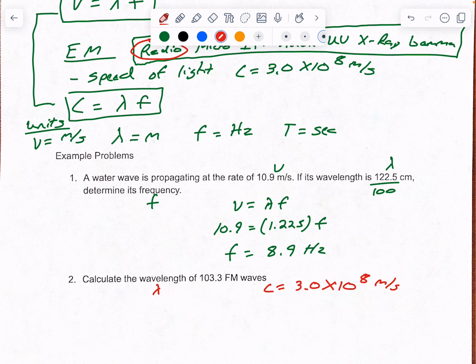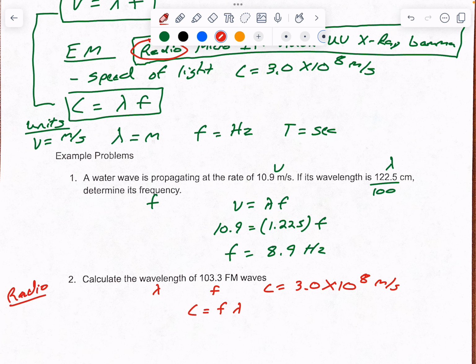103.3 FM, that is a frequency. So if I was looking for equations, I know I'm probably going to use c equals frequency times wavelength. You'd have to see, well, they mentioned c, and they're looking for wavelength. The only thing that's left is frequency. So this is your frequency right here. Now, you'll see this more in the next couple of pages. It was probably poorly worded here. All of your radio stations,